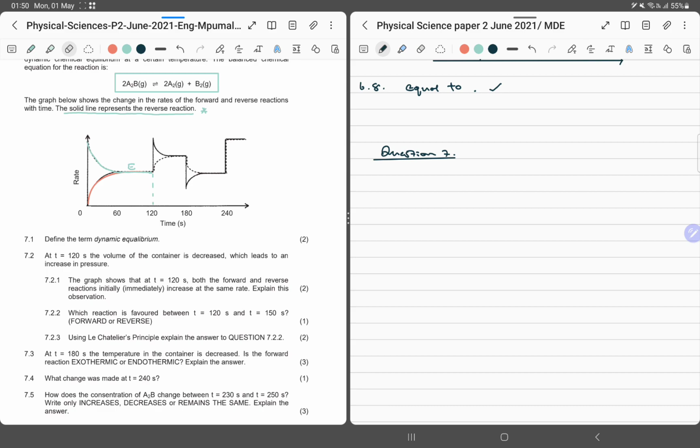And then it also happens again at T180. And stuff happens again at T240 seconds. All right, so let's explore what is going on here. Now it says define the term dynamic equilibrium. I think at this point I'm tired of doing definitions for you guys, but hey,